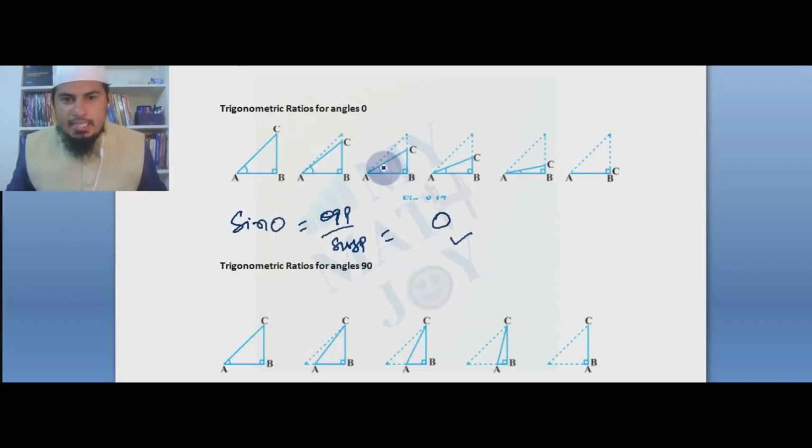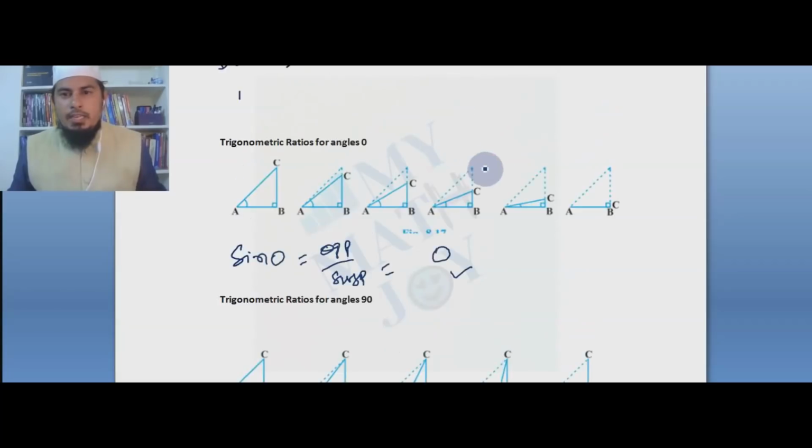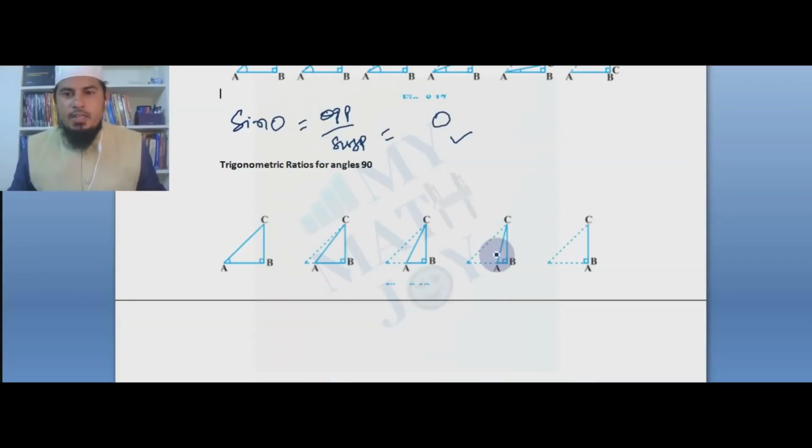If we see the trigonometric ratios for the 90 degree, please consider this figure. We keep the opposite side BC constant, and want to increase this angle further and further. We increase the angle, it became like this. We increase further, it became like this. It increased, and if we increase further, it became like this, and still we want it to become exactly 90. Then it became like this, and we don't have the adjacent side here, it is gone. Here in this case opposite side gone, here adjacent side gone.